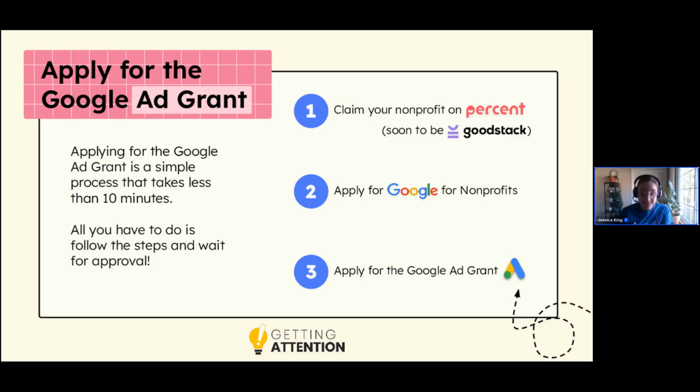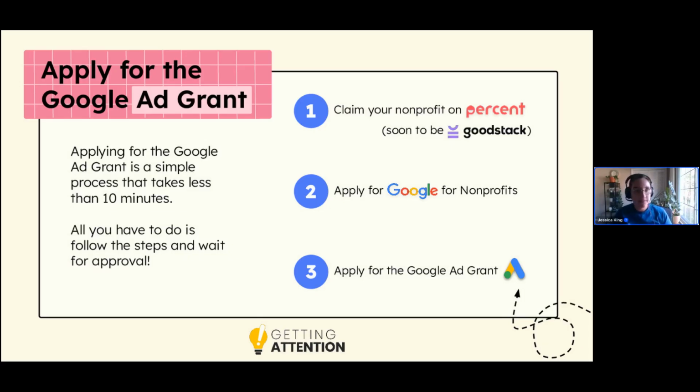This process has gotten easier and easier over time. So what you do is you click on the ad grant logo. There will be a little button next to it that says activate products. So you'll click there. And you will watch a video and check a box saying that you watched the video. The video basically talks about, hey, here's the ad grant, here's our policies, etc. And then you will wait a few days again for that approval.